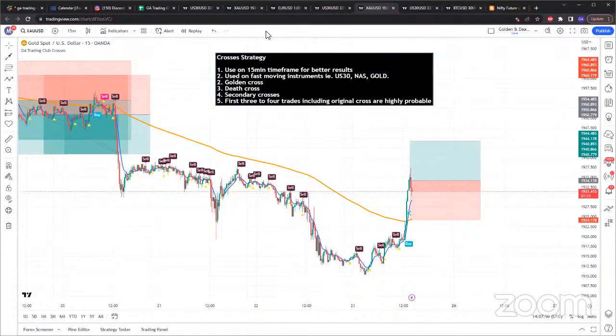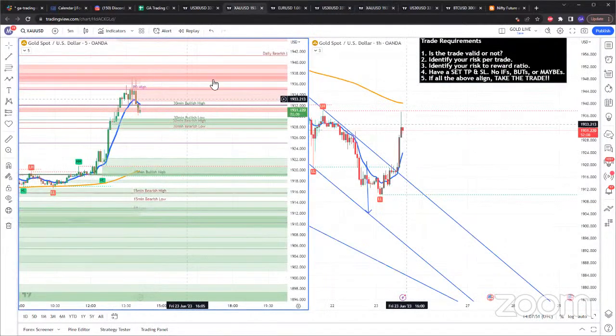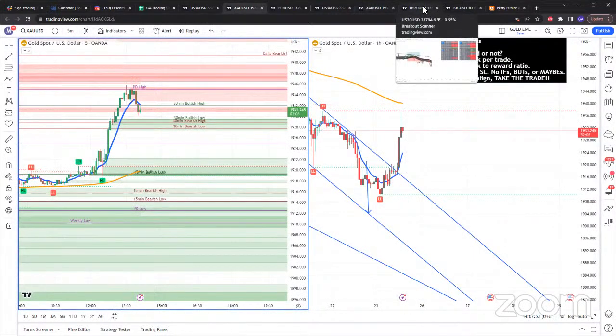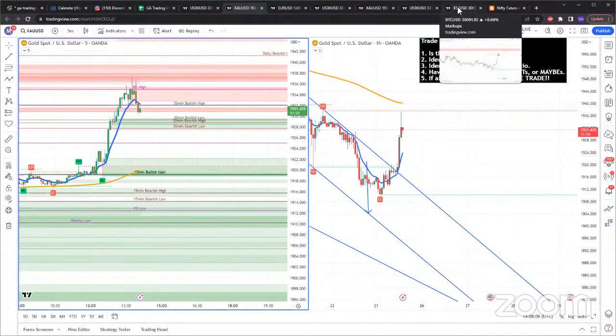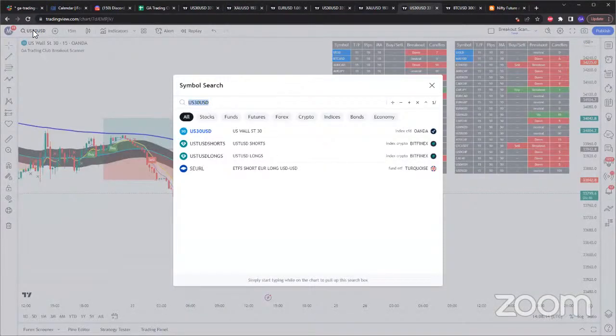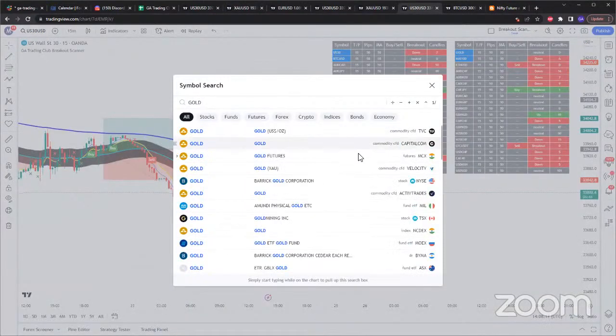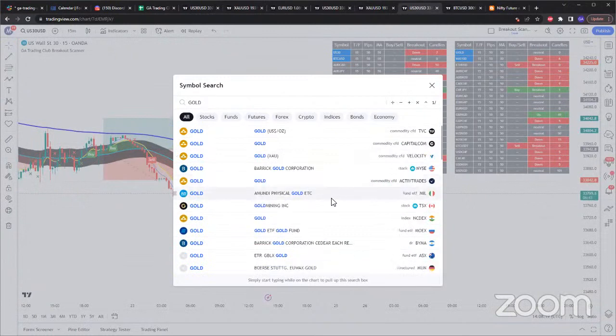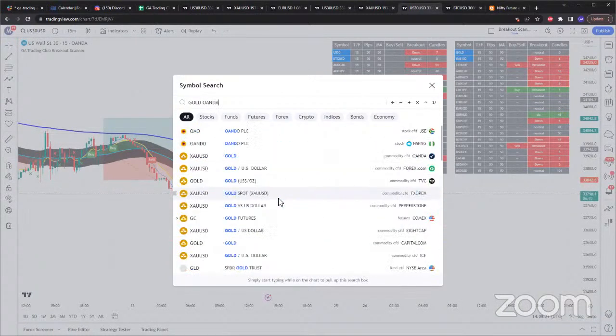So if I was analyzing, I just analyzed a sell on gold, and then I analyzed the golden cross buy on gold. So at that point, I have two conflicting trades. On the other hand, it's Friday. So if you have conflicting trades on any instrument after your analysis, just use all indicators. Right now I have two conflicting trades on gold. What do I do? What other indicator do we have? We have the breakout scanner. So I come to the breakout scanner. What do I see on gold using the breakout scanner?